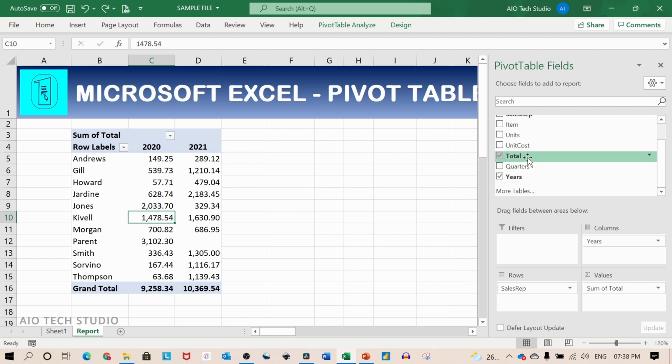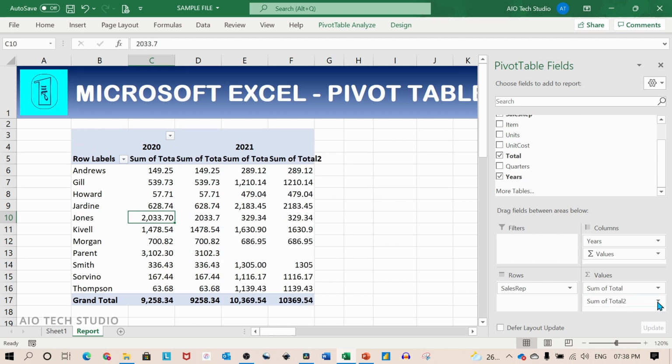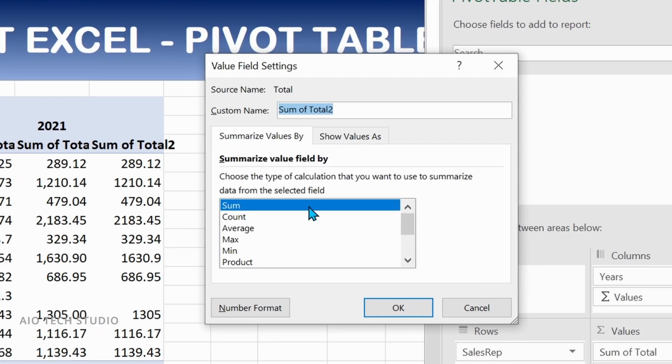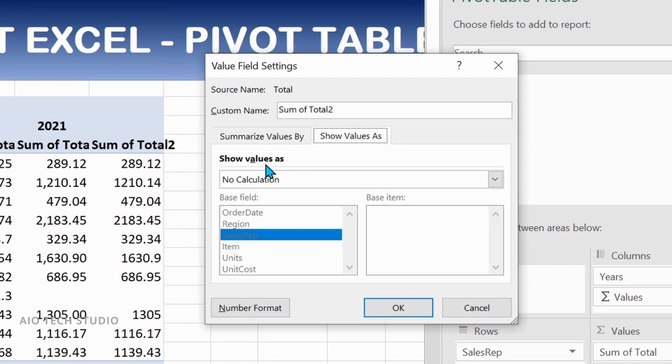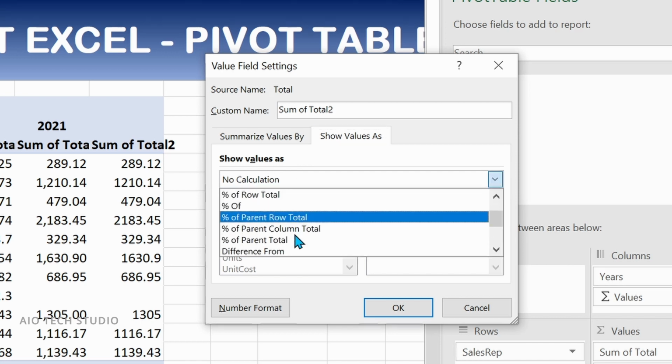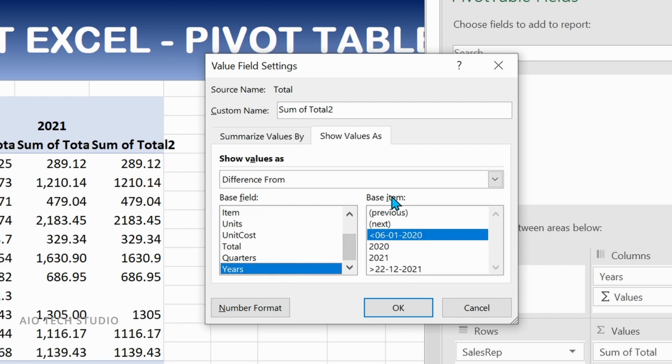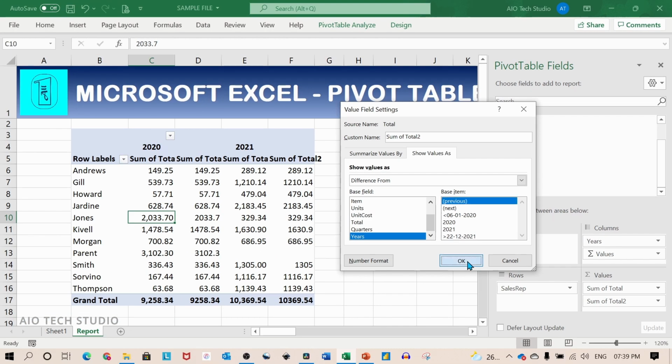For that, I will again add total to the values and click on value field settings. I'll go to the show value as and in the show values I will select the difference from. The base field, I'll select years and base item as previous and click on OK.